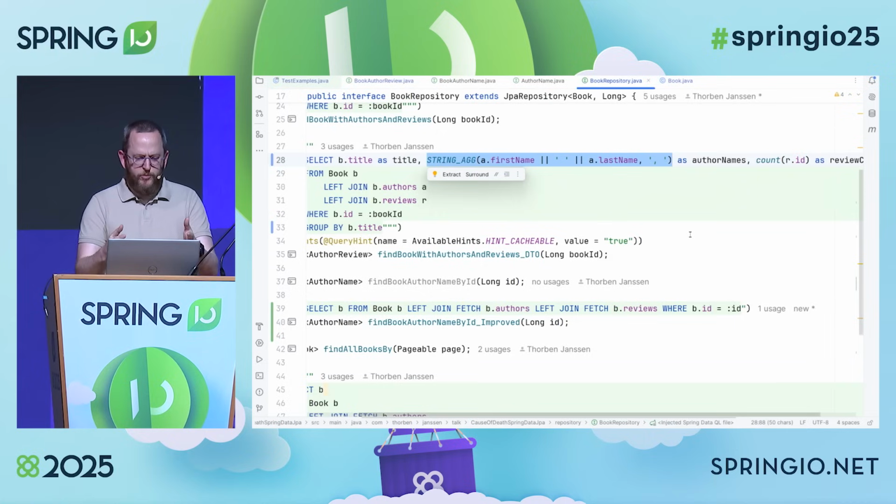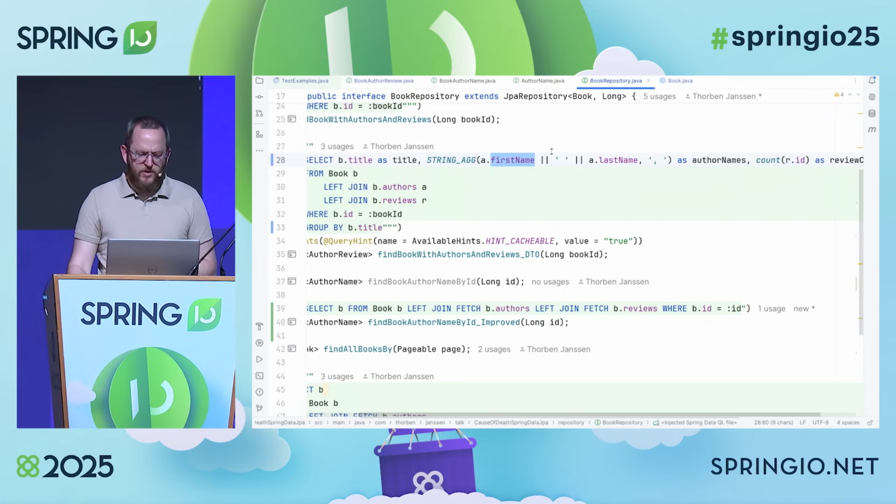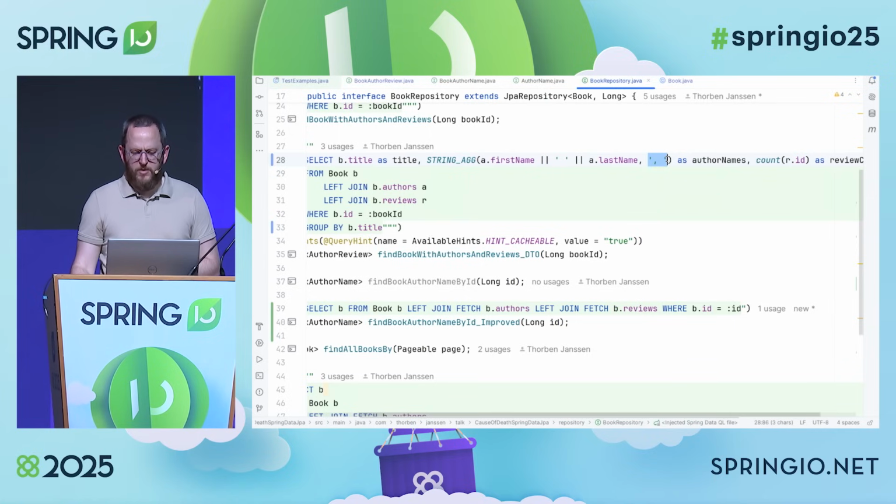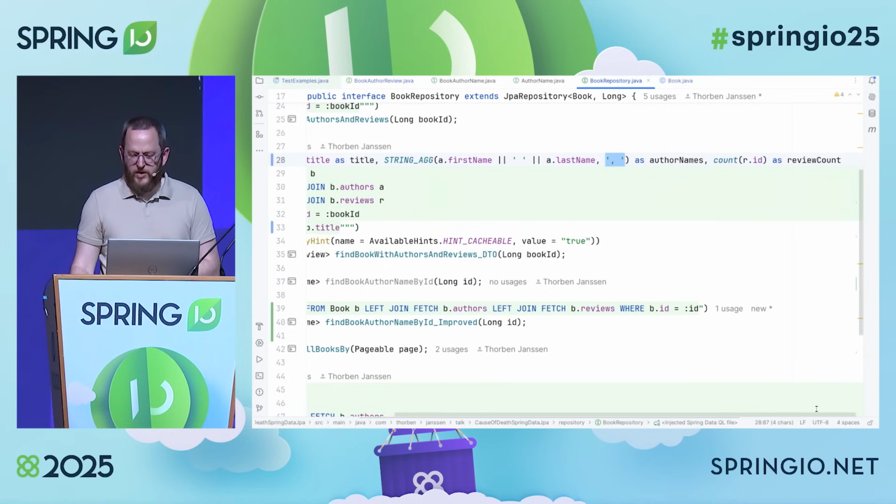So this expression here tells my database, which is a Postgres database, to concatenate the first name with a blank and the last name, and then aggregate over the entire list of authors that are linked to the book, and put a comma in between. And then I count the reviews.